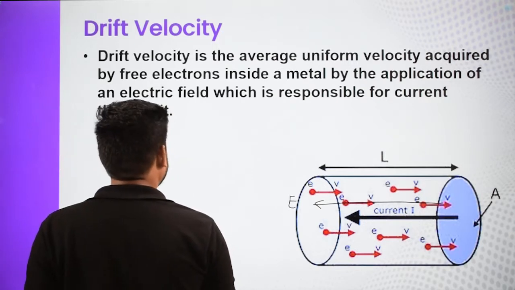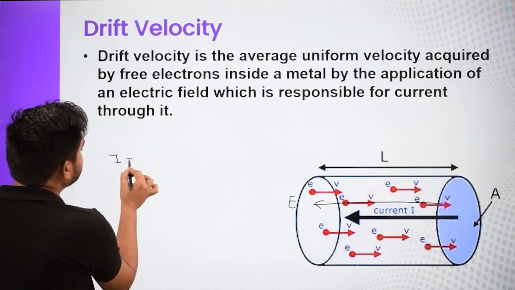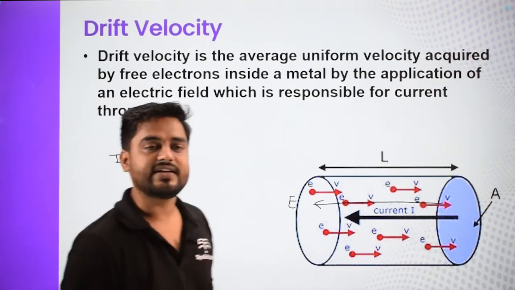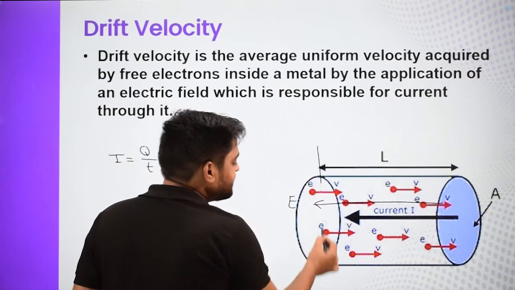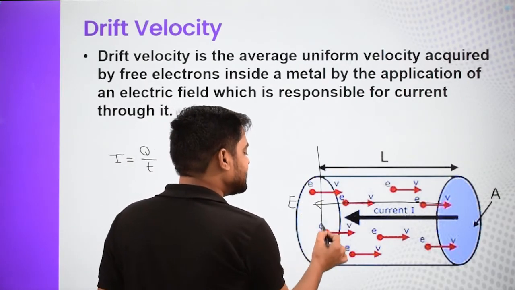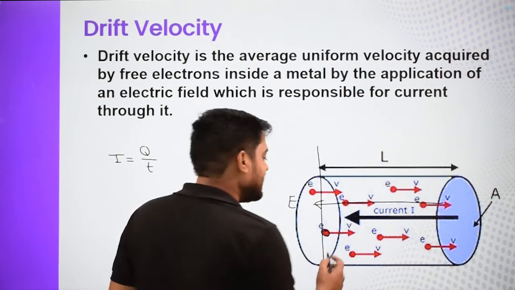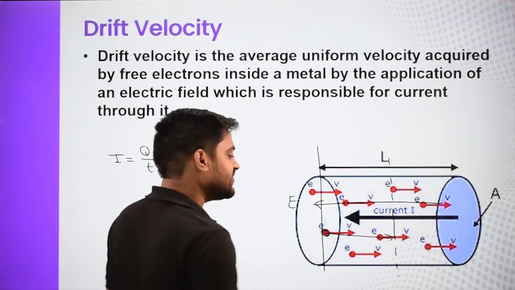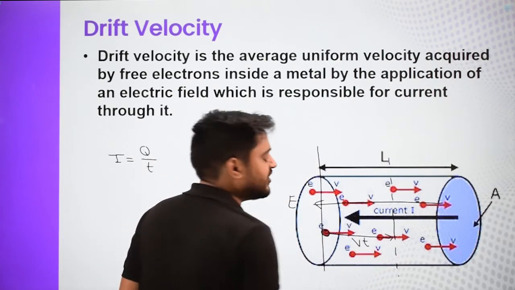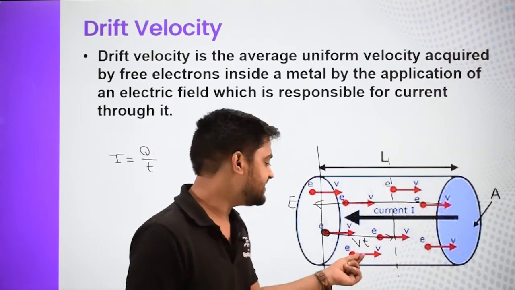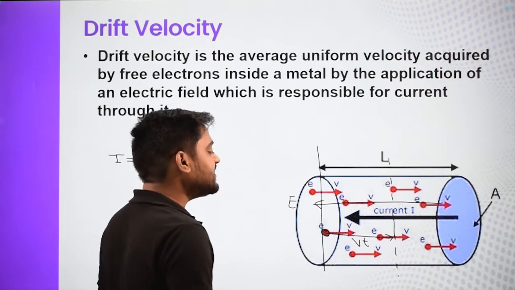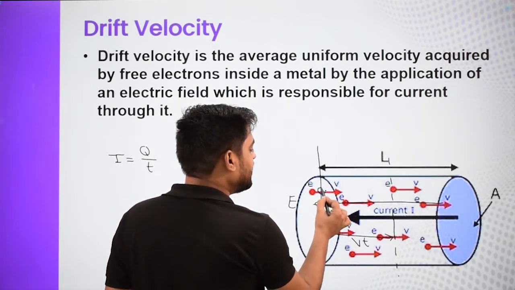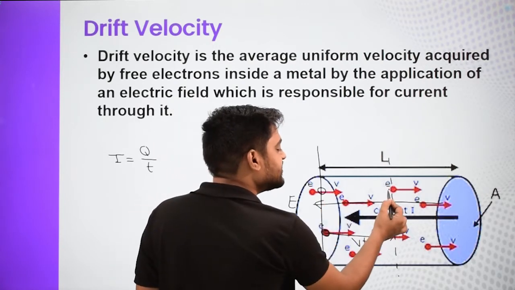So I have to write the current. How do we write the current? Current is the total charge flowing per unit time. Let us say we are talking about time t. In t time, the electron which starts from this cross section moves by some distance. How much distance will it move? It will move a distance of v into t, because distance is equal to speed into time, and this speed is uniform. So it moves a distance vt. Now if this electron is moving over here, then one more electron present over here will also reach somewhere over here.